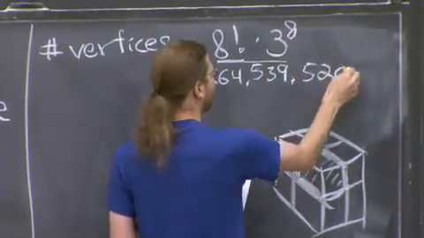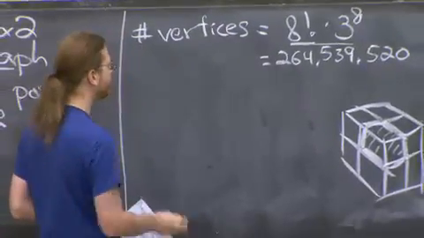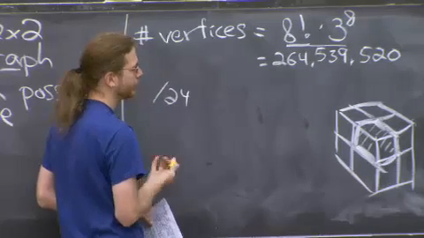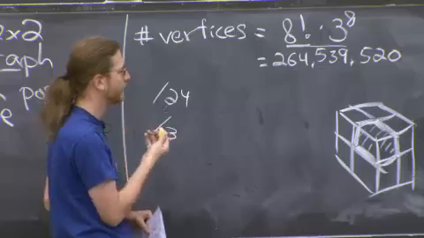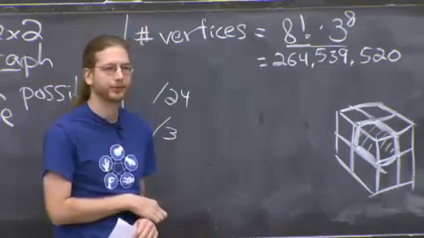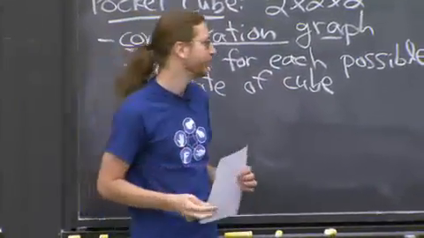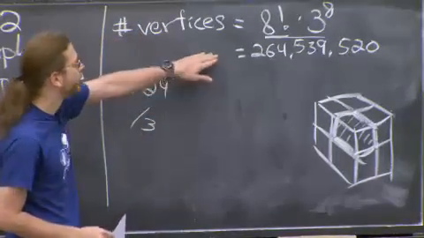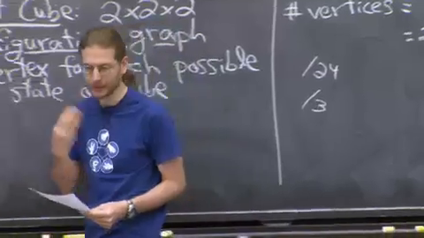OK, which is not so bad for computers. You could search that. Life is a little bit easier. You get to divide by 24 because there's 24 symmetries of the cube, 8 times 3. You can divide by 3 also because only a third of the configuration space is actually reachable. If you're not allowed to take the parts apart, you have to get there by a motion. You can only get to 1/3 of the 2 by 2 by 2. So it's a little bit smaller than that if you're actually doing a breadth first search, which is what you're going to be doing on your problem set. But in any case, it's feasible.